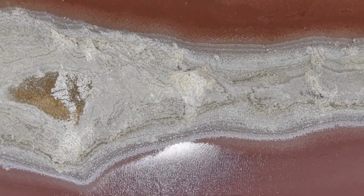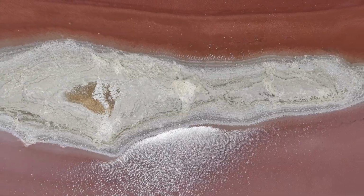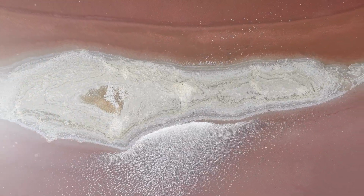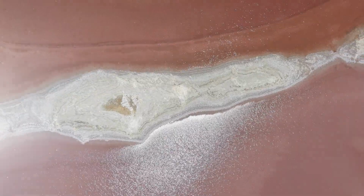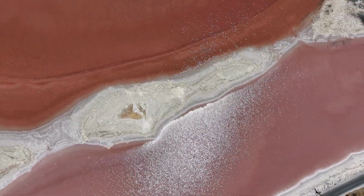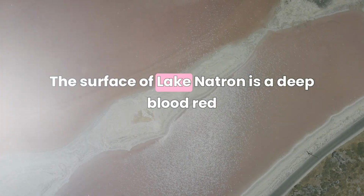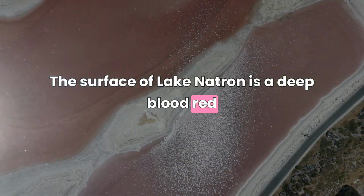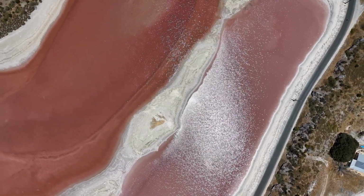Imagine standing at the edge of a body of water that looks like it is bleeding. That is Lake Natron. Located in northern Tanzania, near the border with Kenya, this shallow lake stretches about 57 kilometers long and 22 kilometers wide. But what makes it immediately terrifying is its color. The surface of Lake Natron is a deep blood red, not blue, not green, red,